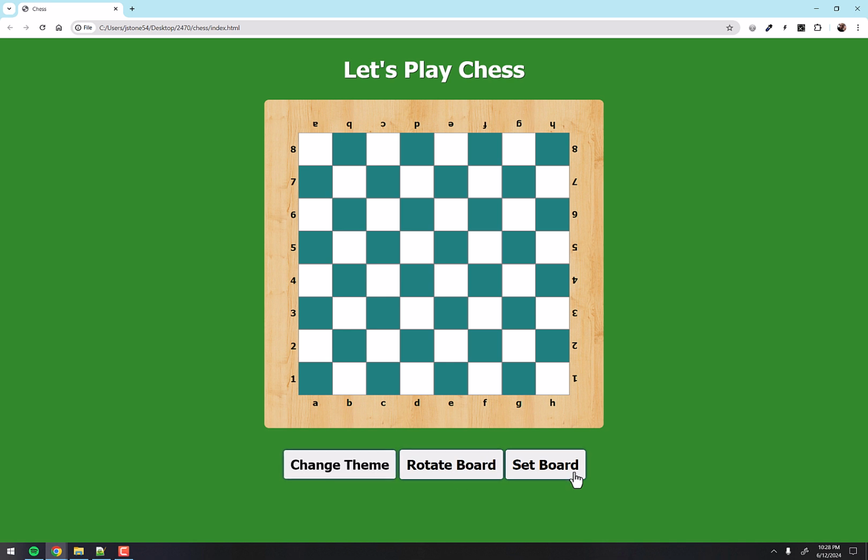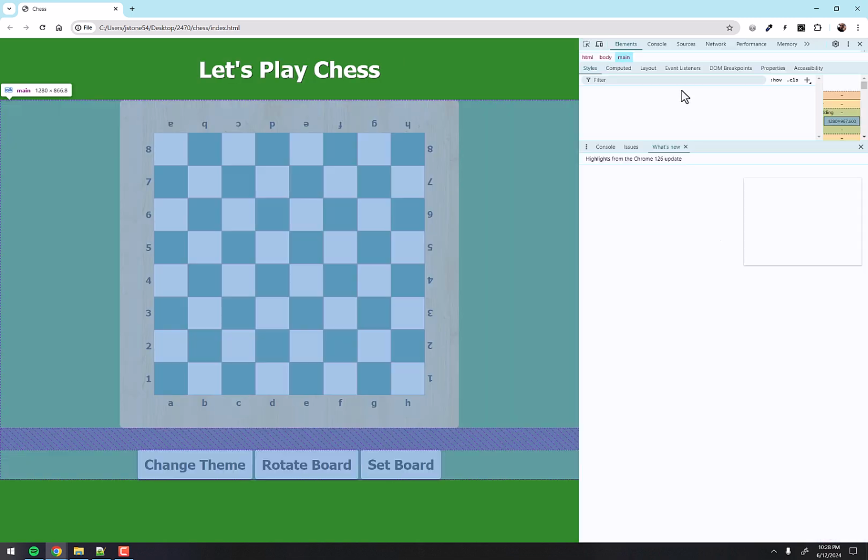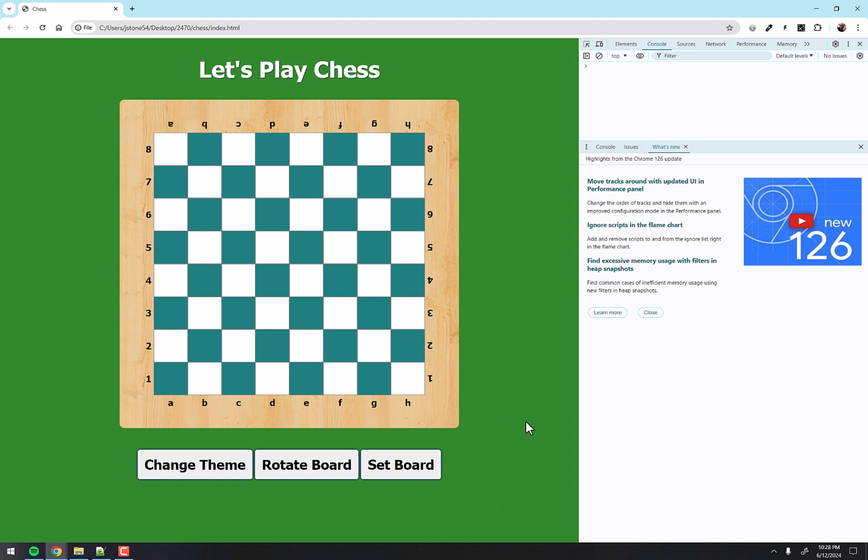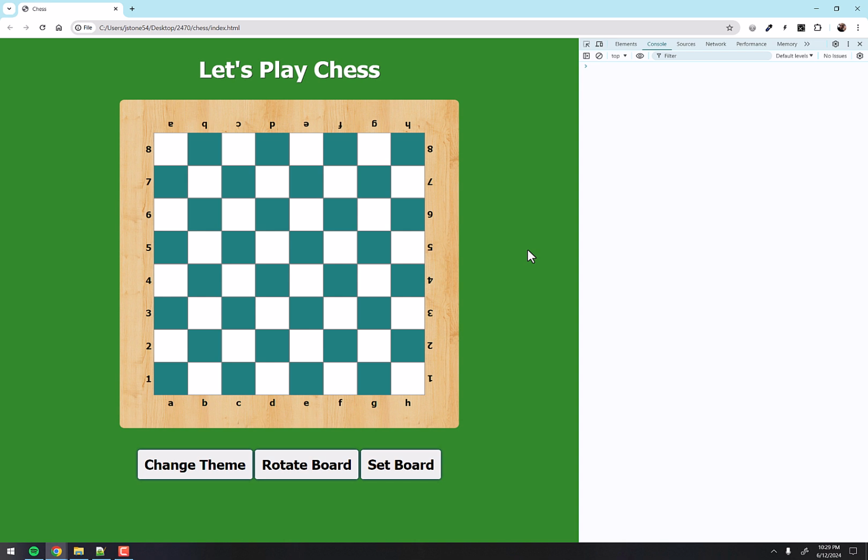And then there are 3 buttons here. 2 of them are from the advanced content. The main one is the set board button, and I'm going to open up the console because some things happen in the console when you click that button. Now, this is all behind the scenes stuff that the user would never know, they would never see, but I'm going to have you print some stuff to the console to make grading it a little bit easier so that I can see the object to make sure that the object is created properly.